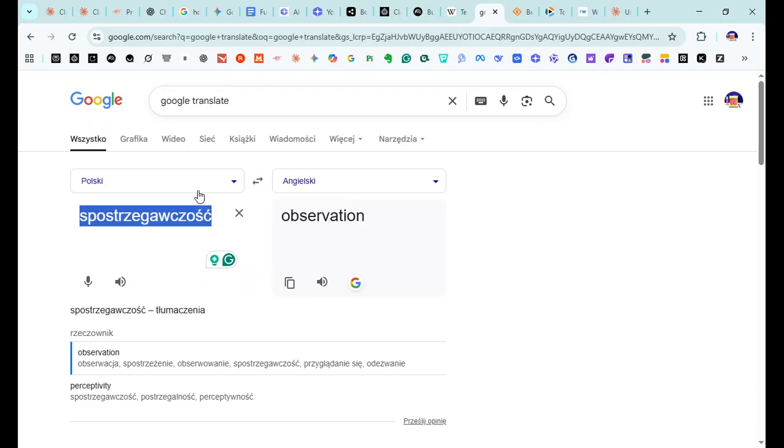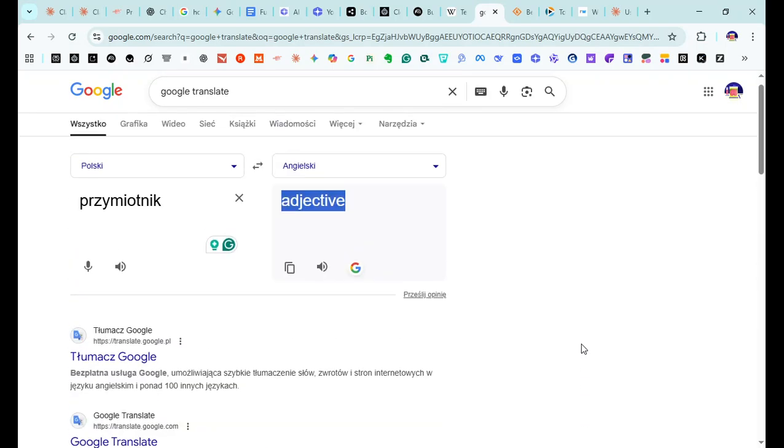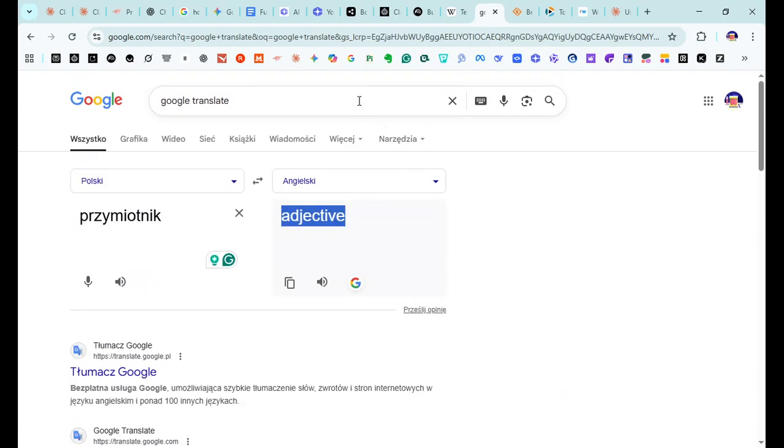It's a trait, so it should be an adjective. So observation as an adjective. I'm not entirely sure if it functions like this in English because it didn't come to mind first. But yeah, so